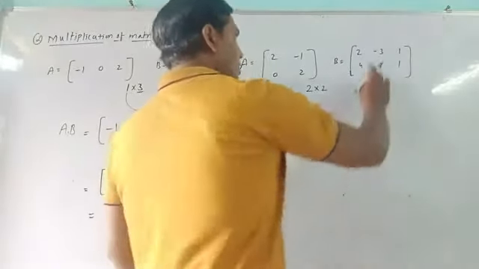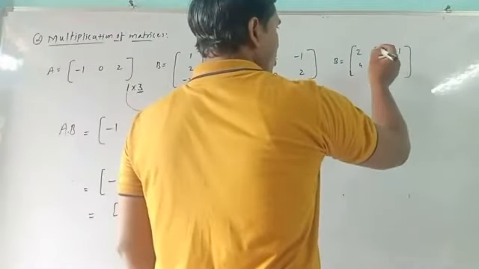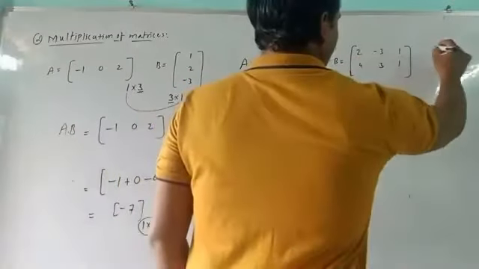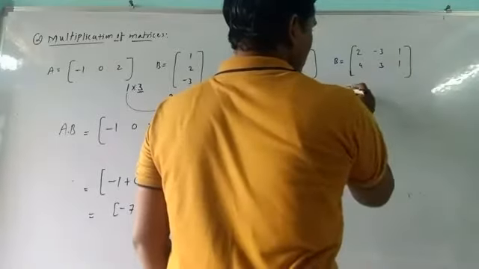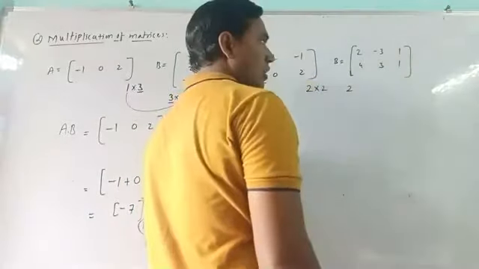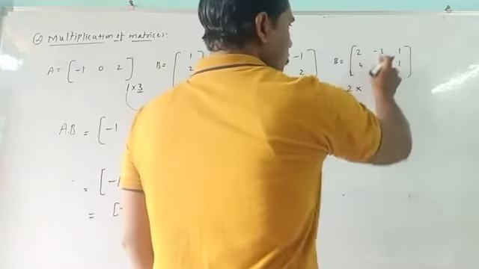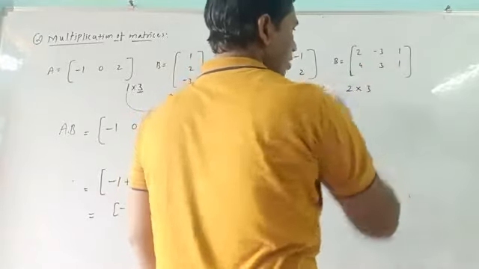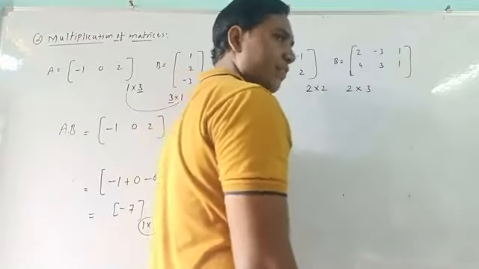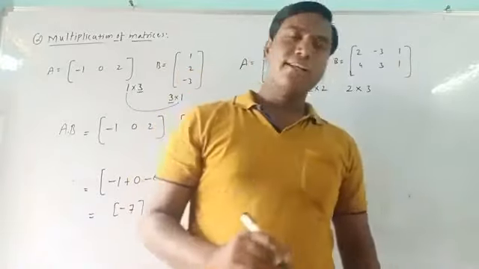Now observe the second matrix. If you observe this one, there is a first row, there is a second row. So there are 2 rows. How many columns are there? One column, two columns, and three columns. So there are three columns present. It is the first thing. First we write the order of the matrix.